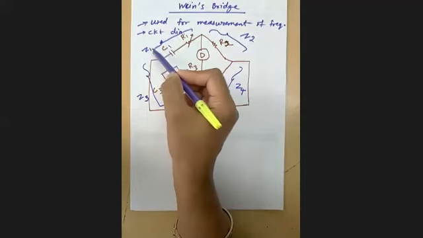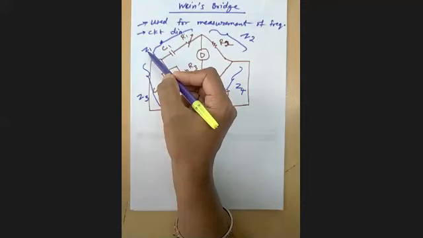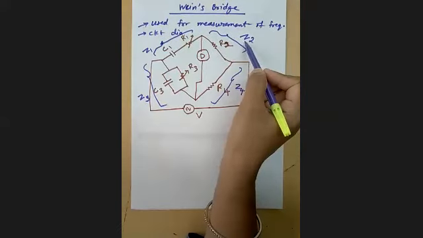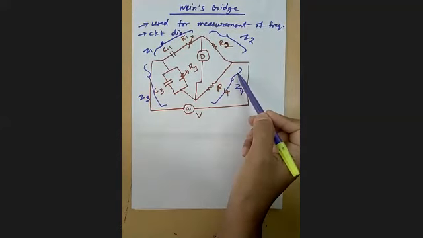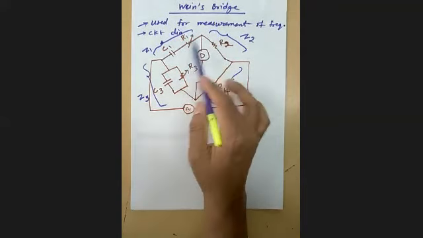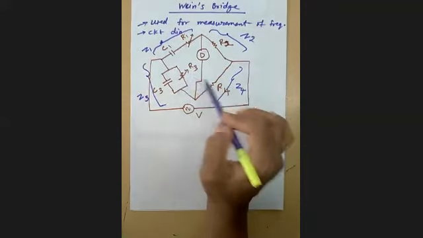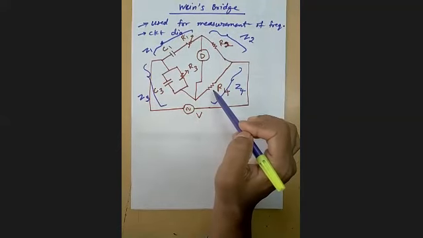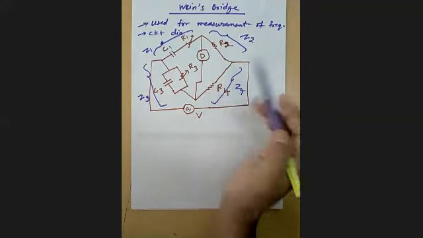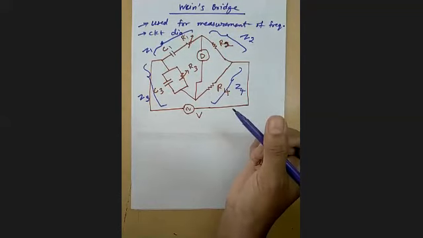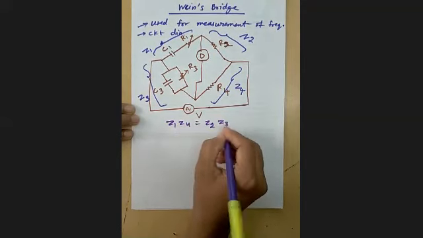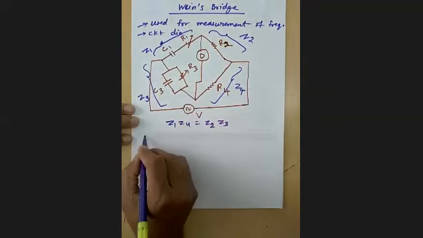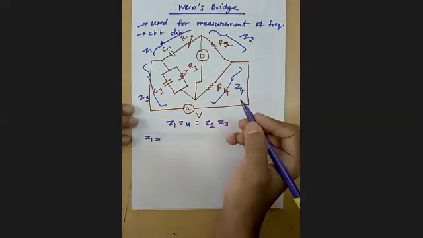Now see, Z1 is the impedance of this arm, Z2 is the impedance of the second arm, Z3 is the impedance of the third arm, and Z4 is the impedance of the fourth arm. So here in the Wein's bridge, all these values are known to us: C1, R1, R2, R3, C3, R4. With the help of these known values, it is possible to calculate the frequency. Now we have to apply the balance condition: Z1 Z4 equal to Z2 Z3. For this purpose, what is the value of Z1? R1 minus j XC1. Yes, Pranjal, you tell me.